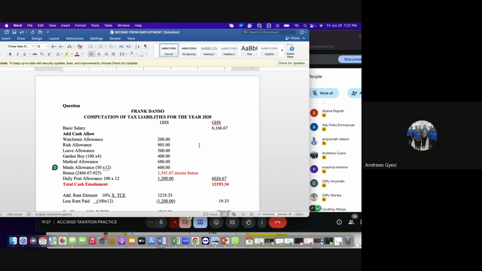Sir, in actual fact, is there any allowance given to workers when they go on leave? That's our leave allowance. Yes. You are asking that because of what? The leave allowance. Exactly. When you are going on leave, sometimes you have